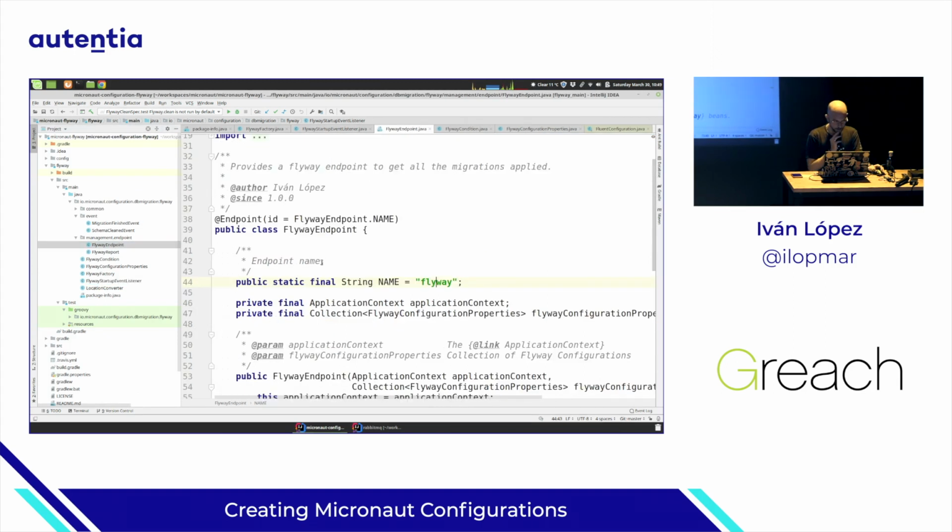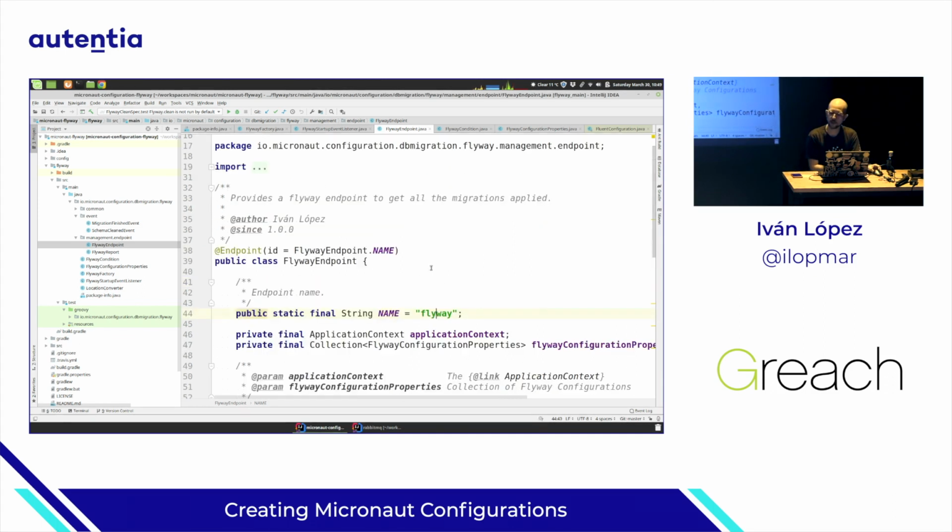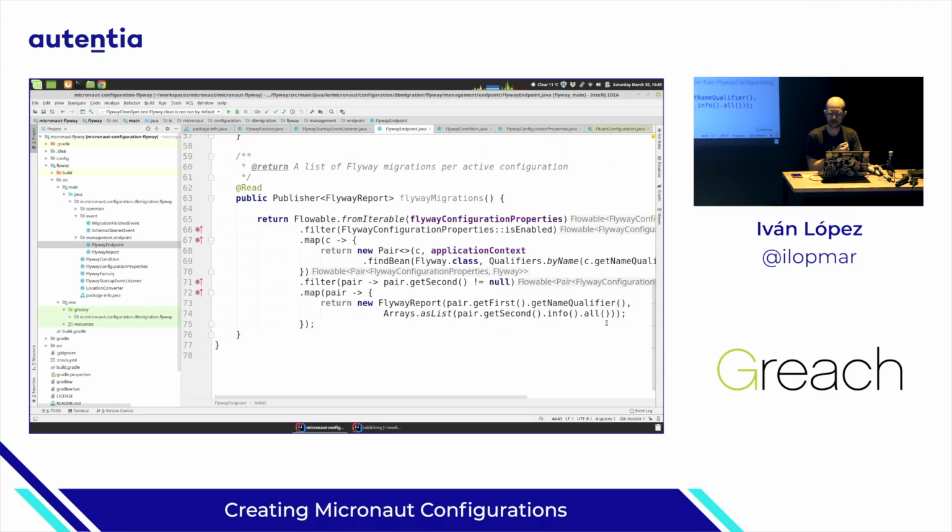And here we have an endpoint, so we define this endpoint with this name. If you have the management feature installed, you will be able to access your migrations at localhost:8080/flyway in this example. And here, this is how we get it. This object